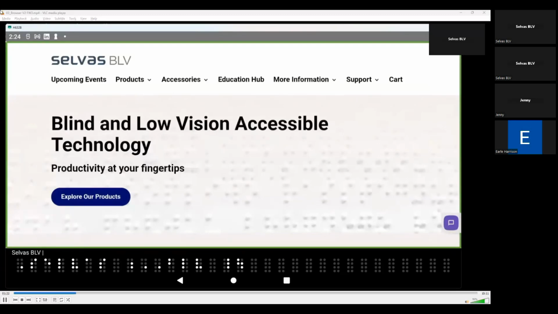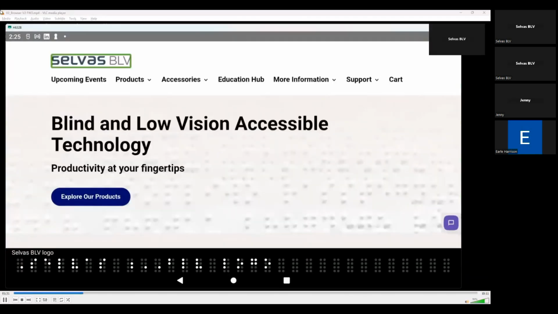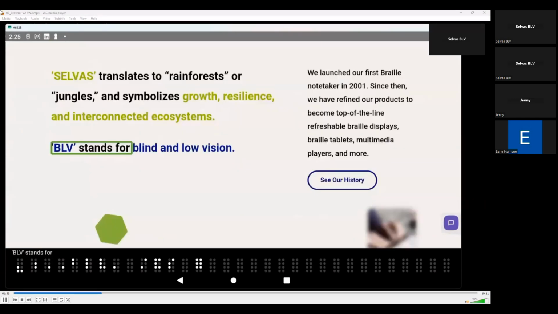So let's go ahead and just do a save from where the cursor is, which is at the top here. Selvis BLV logo. Upcoming events link. Products 3 link. Accessories 3 link. Education hub link. More information 3 link. Support 3 link. Cart link. Blind and low vision accessible technology heading 1. Productivity at your fingertips heading 1. Explore our products link. Selvis translates to rainforests or jungles and symbolizes growth, resilience, and interconnected ecosystems. BLV stands. So just a little bit on our webpage,